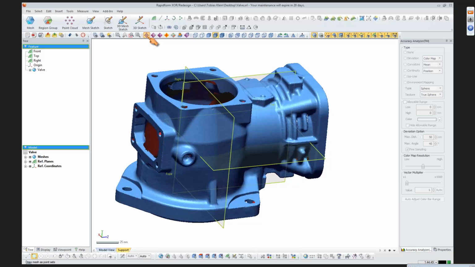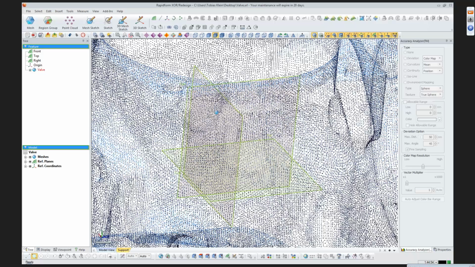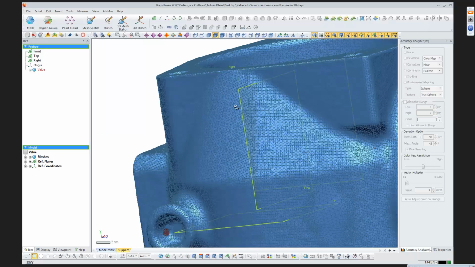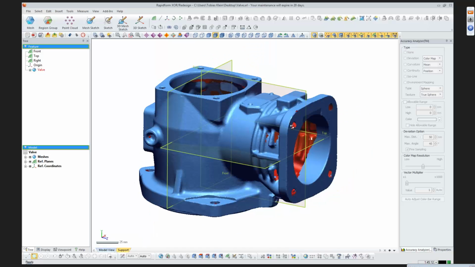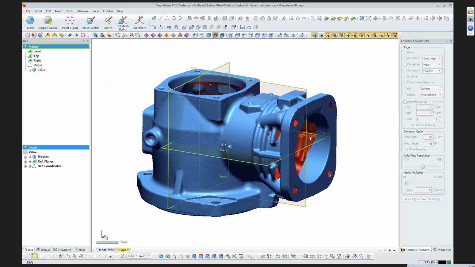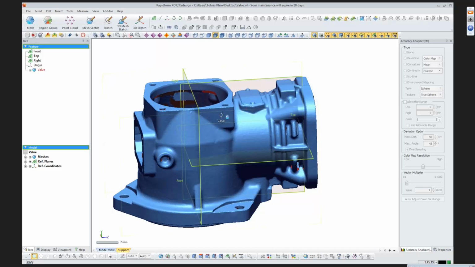can see here are points in space, and the triangles, it's actually triangulated. So we have a shell mesh, and this shell mesh looks already like it can be constructed in CAD, so it has revolutions, it has extrusions, it has features which you can recognize with your human eye. However, Rapidform only sees points and triangles right now, so we have to tell Rapidform how to recognize the features,